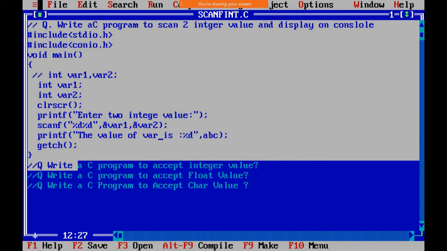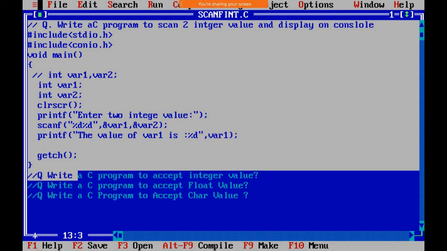The value of abc is, instead of that abc we need to specify var1 is, and here we'll specify the first one. Similarly we need to write for printf second value is also, so double quote. Here we'll write the value of var2, and after that I will use that. Take note of that, and here I will use \n for new line. Whenever we use a scanf, at that time a new line will be created, but here I am using two statements, so that's why in the second statement I am using a \n.